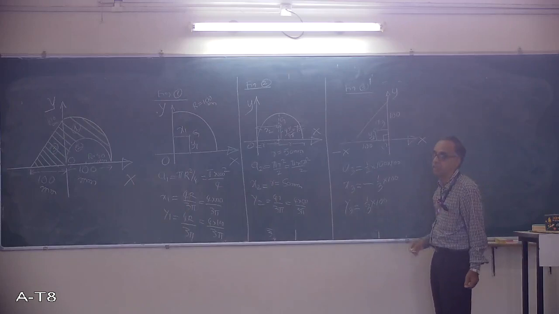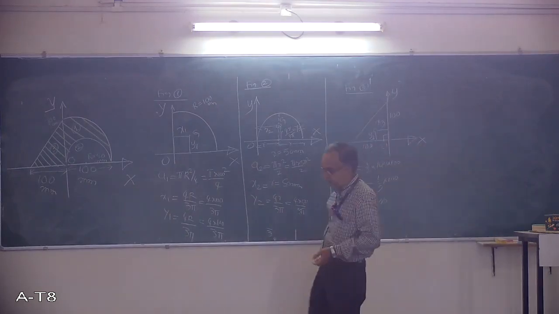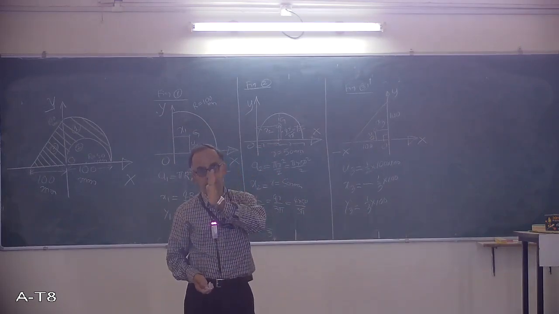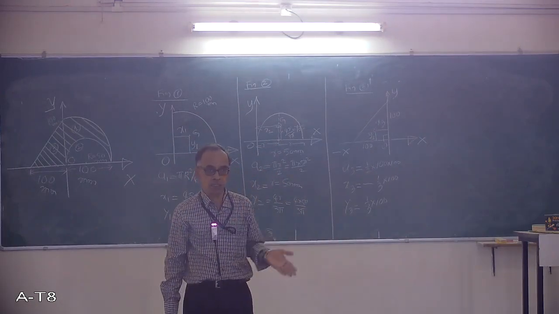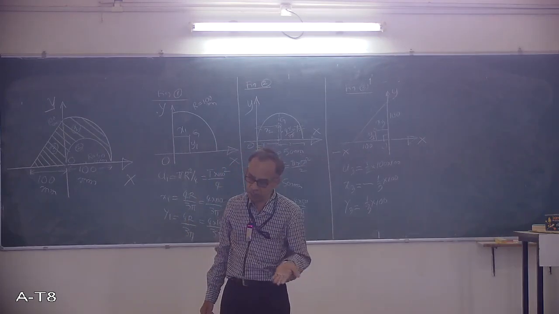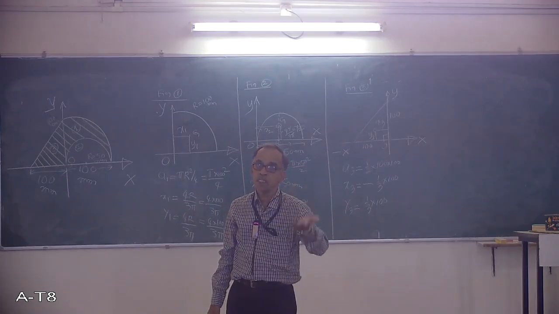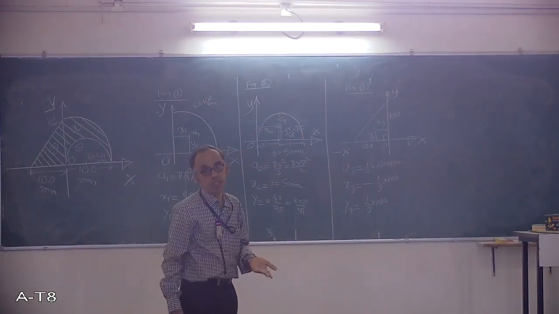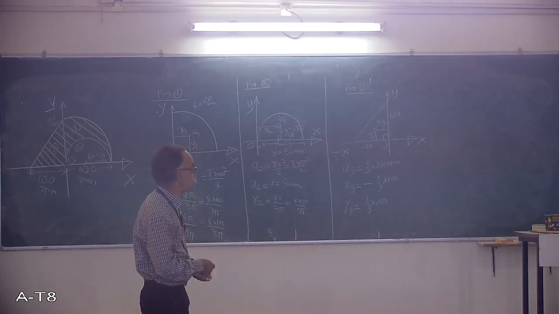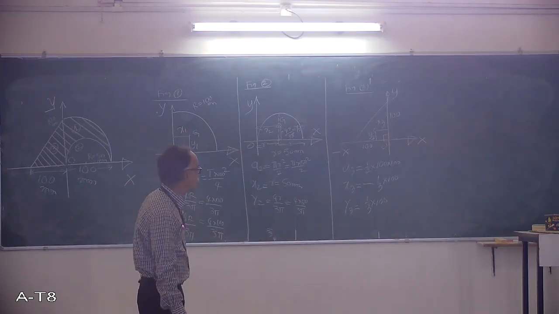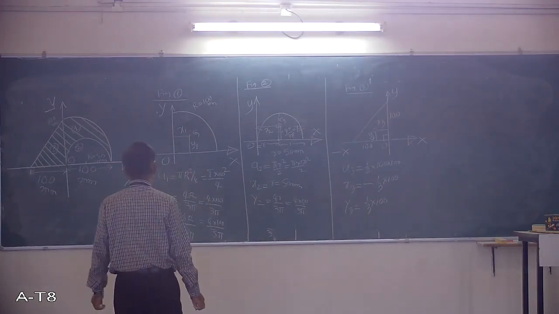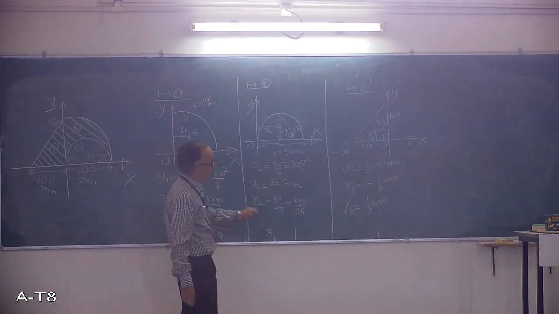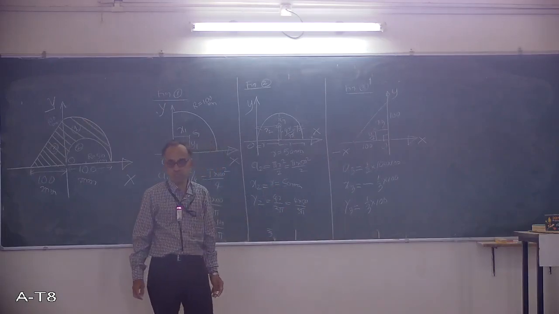I have already mentioned in the previous class, whenever you write x and y axis, if the figure is on the right side of the x-axis, you have positive x component. If the figure is on the left side of the x-axis, you get a negative x component. Similarly, if the figure is on the upper side of the origin, you get positive y. If the figure is on the lower side of the origin, you get a negative sign. This point I have already made clear in the previous classes. Just go through that. So what I have done here is I calculated a1 x1 y1, a2 x2 y2, and a3 x3 as well as y3 because it contains 3 figures.